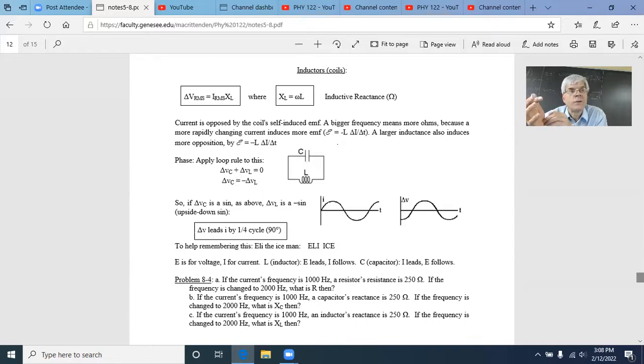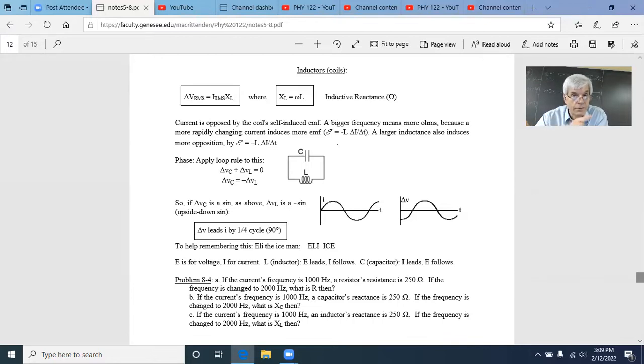Faraday's law says the more rapidly things change, the larger the self-induced voltage. The EMF is proportional to the rate of change. At a high frequency, things change more rapidly than at a low frequency. And so the inductive reactance is proportional to omega,